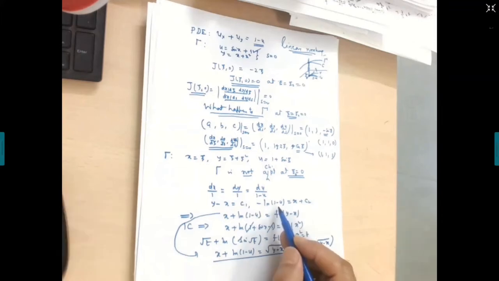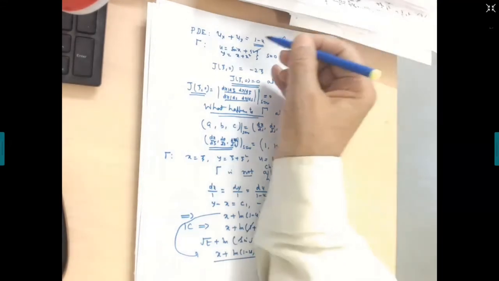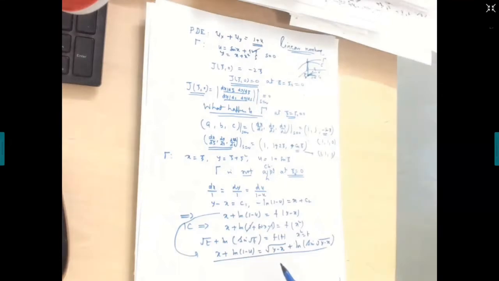Log of 1 minus u, this remains the same. I will have to check the question, please. Just 1 minute. Let me check. Yeah, it should be 1 minus sin x. U should be 1 minus sin x. That's right. Yes. It's all right. You put plus sign and then see.